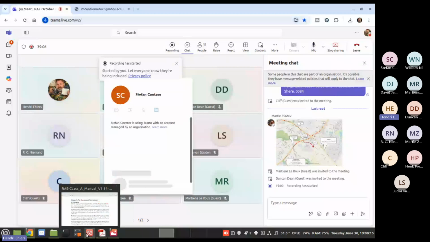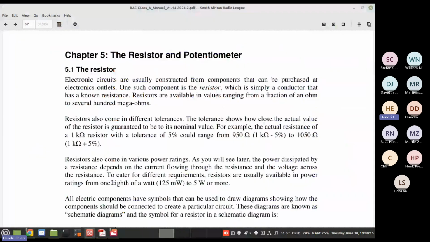Today, this evening, we're going to look at resistors and potentiometers. This is very easy, but yet it's important. So, if you don't understand anything at any time, please interrupt me, or ask me afterwards if you don't understand something. Now, a resistor,